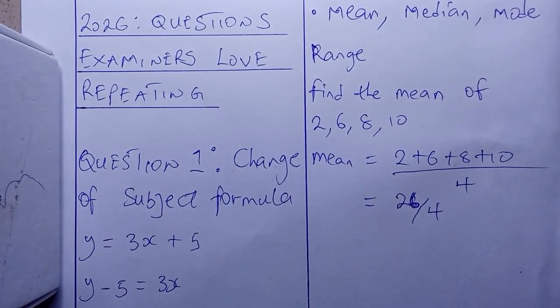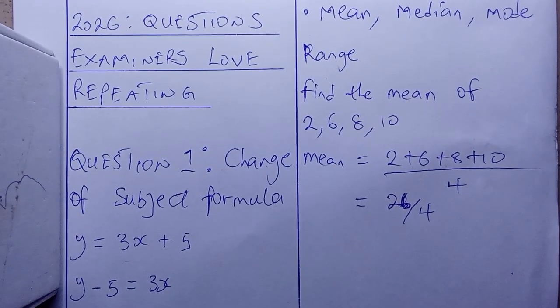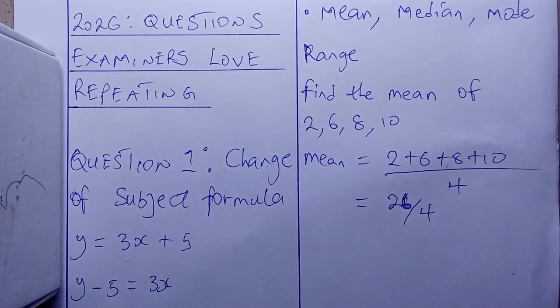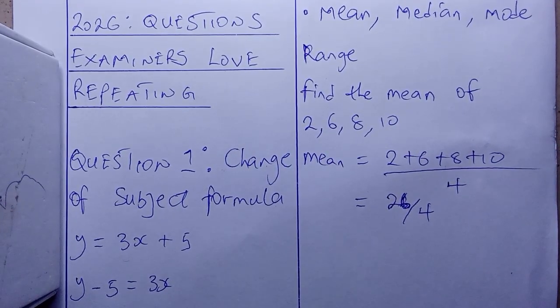Statistics often provide some of the easiest marks in the entire paper. So don't joke with statistics. A measure of central tendency, a measure of dispersion usually comes out in your WAEC mathematics. Now, question number 4,